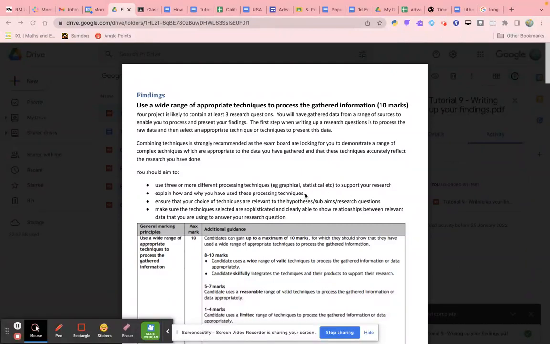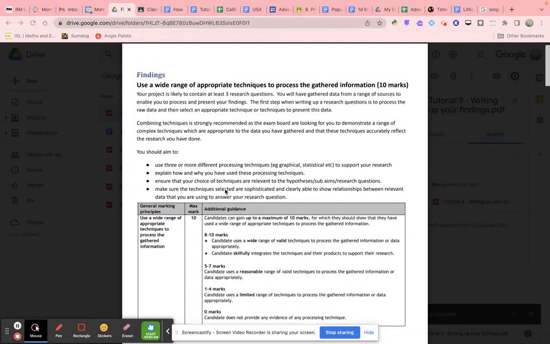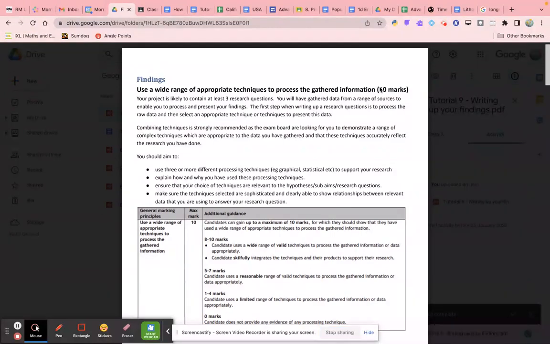And I'm showing you the main SQA guidance on this chapter. And the first thing you should notice is that it is actually worth 10 marks. You can see that up there. So you're looking to achieve a significant number of your marks, 10 of the 60, just from using a range